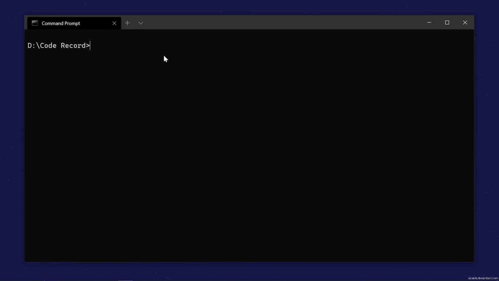And now the command to run this Docker file is docker compose. Then you need to give -f for the file name. The file name is docker-compose.yml, and then you need to give the command up. To start the services you give the command up, and to bring down the services you give the command down. Then we'll be giving -d, so this will run the services in detached mode. That means those services will be running in the background.